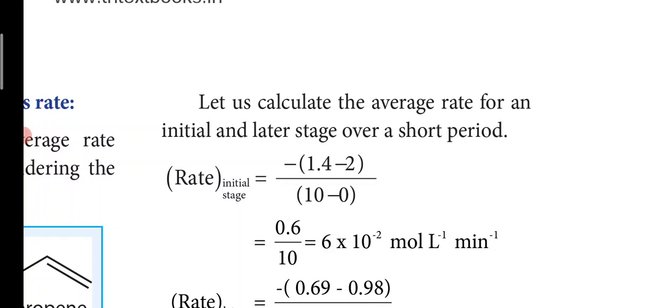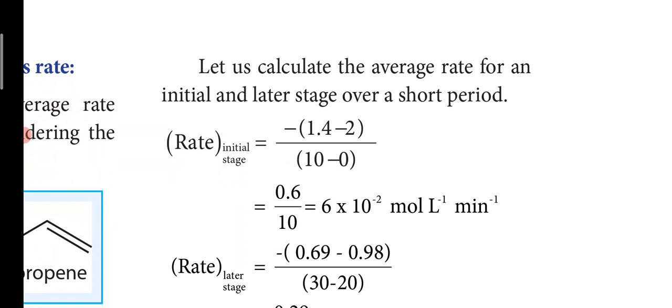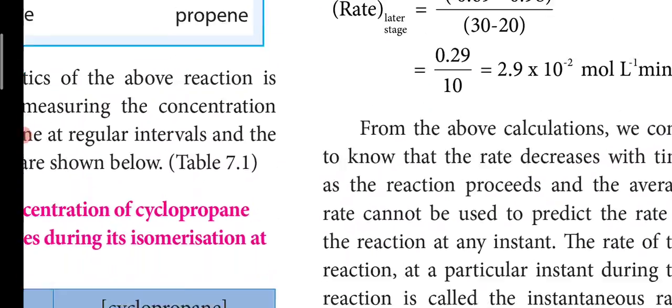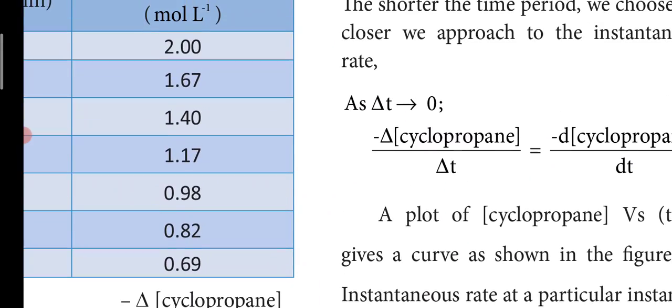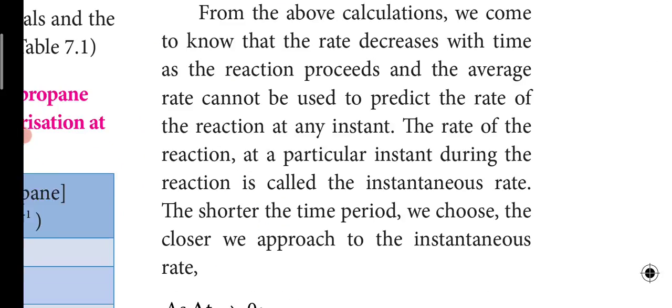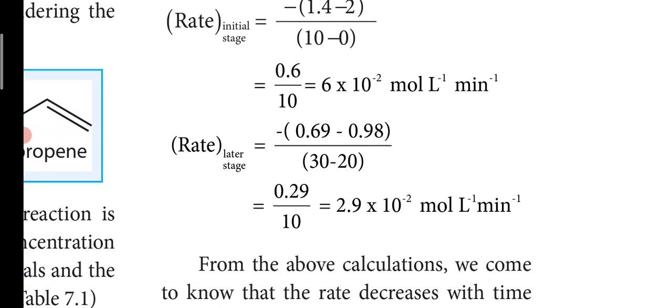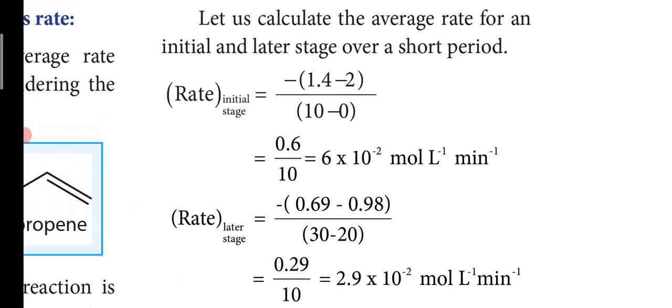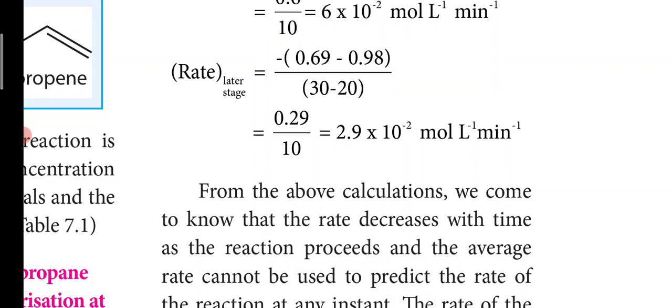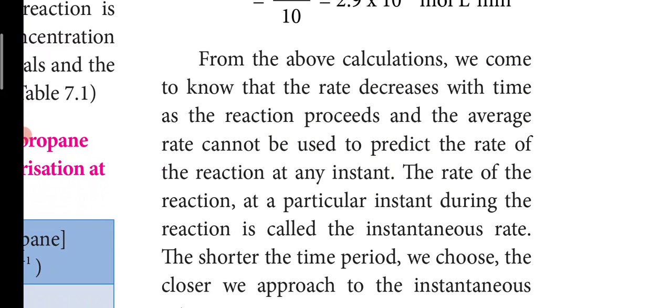Now let us calculate the average rate for the initial and the later stage of a short period. So for a short period, from initial to 2, in the third step we are going to calculate from 1.4. So from 1.4, initial to 2, if we calculate from there, you will get 2.9 into 10 power minus 2 mole per liter per minute. So from the above calculation, what we understand is that the rate decreases with time as the reaction proceeds, and the average rate